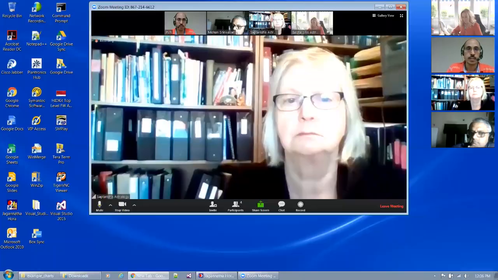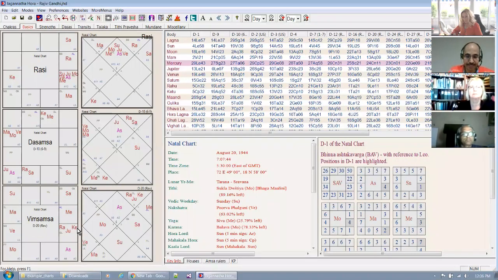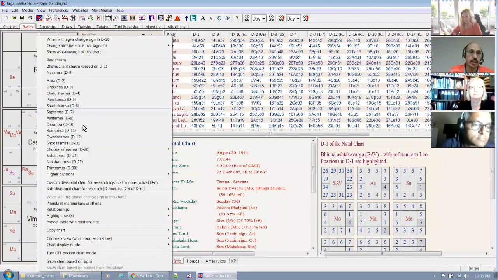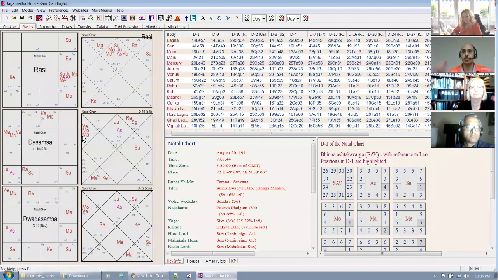So I already opened Rajiv Gandhi's chart here. Let's take his D10 and D12. For those who don't know Rajiv Gandhi, he was a reluctant politician. His younger brother Sanjay Gandhi was groomed to be the heir of his mother Indira Gandhi. And after Sanjay Gandhi died in a plane crash, Rajiv Gandhi was quickly